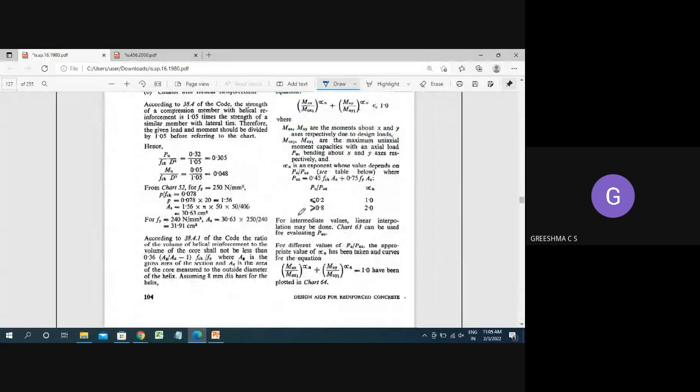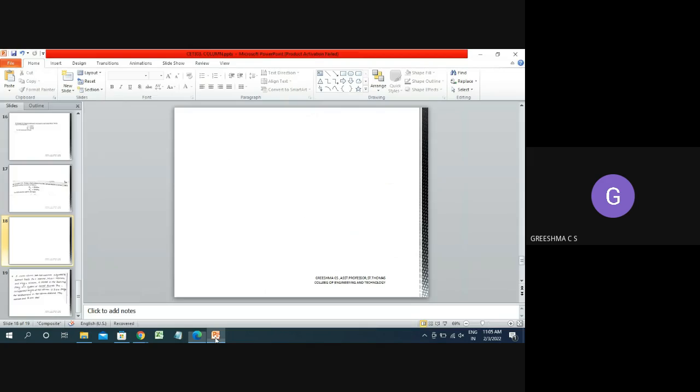So here also they have mentioned the same thing. The condition: for Pu set value, either you can follow this equation or you can use chart 63. Here it is given that chart 63 can be used for evaluating Pu set. Anyway, we have found it using chart 63. Now you have to find out the alpha n value. So from this what they are telling is that